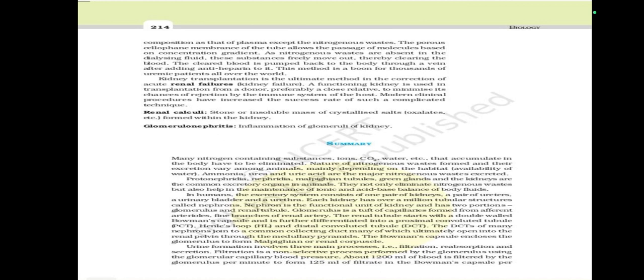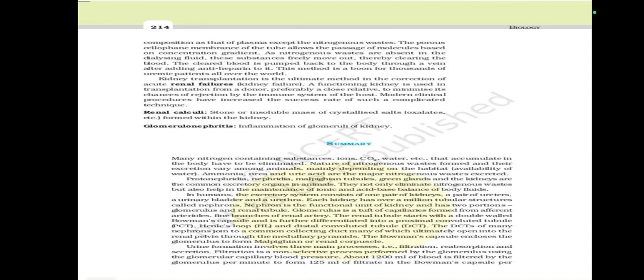They do not only eliminate nitrogenous waste but also help in the maintenance of ionic and acid base balance of body fluids. In humans, the excretory system consists of one pair of kidneys, a pair of ureters, the urinary bladder, and urethra. Each kidney has over a million tubular structures called nephrons. Nephron is the functional unit of kidney and has two portions: